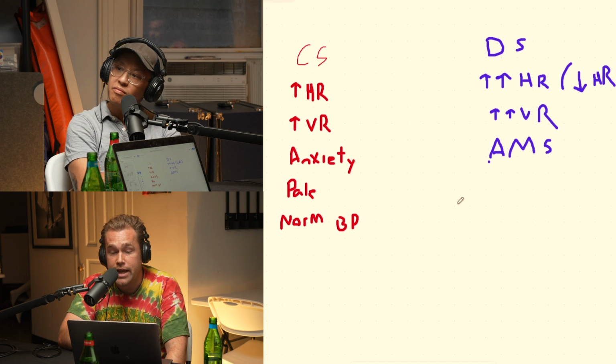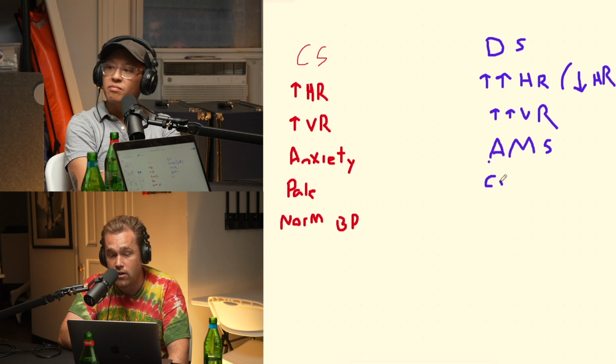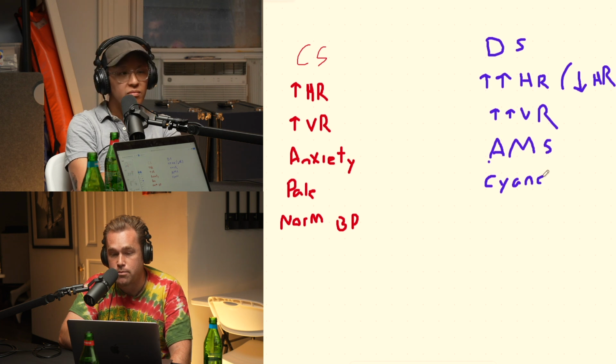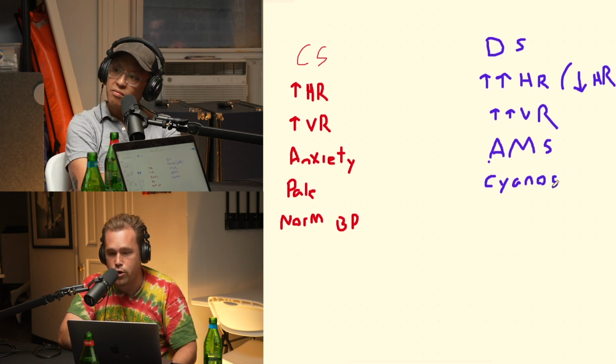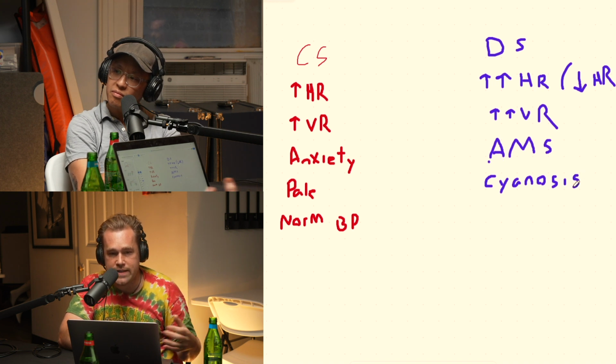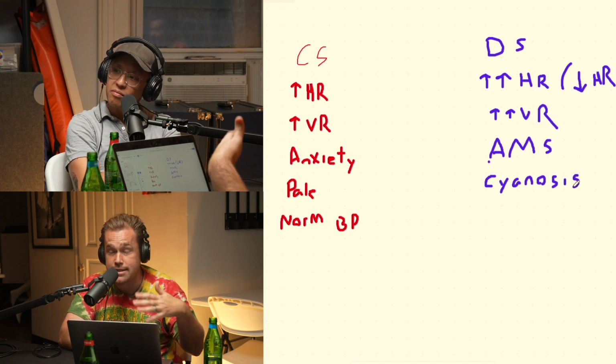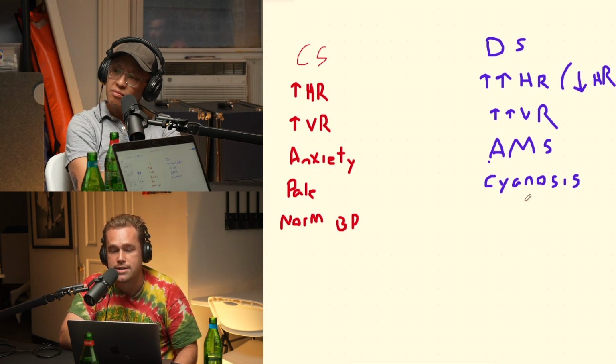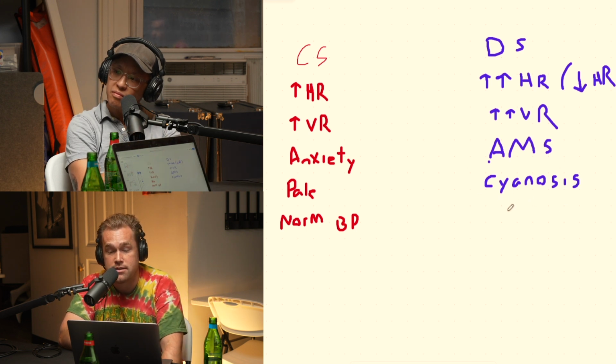In terms of skin, you might still see pale, but you also might start to see cyanosis develop because of this kind of total collapse or pending collapse of the cardiopulmonary system. You're starting to see that tissues are becoming hypoxic. And that's like the consequence. Lack of blood flow, tissues becoming hypoxic. So you might start to see cyanosis develop.